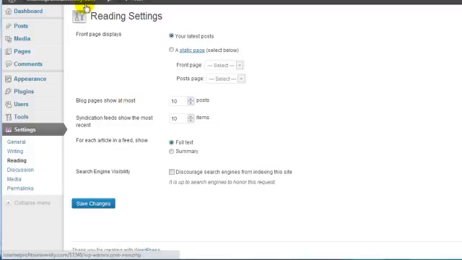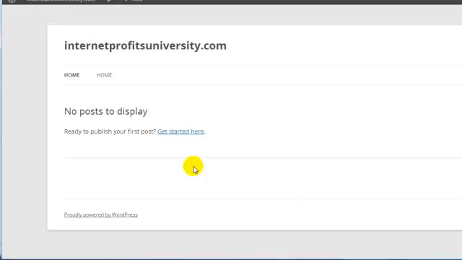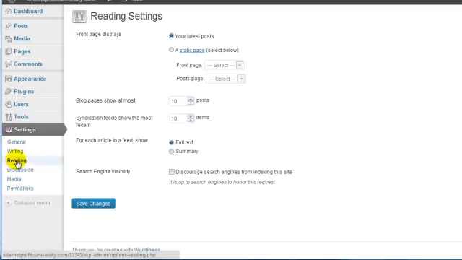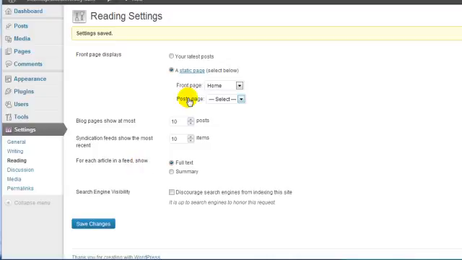And one last thing I want to mention is you can actually turn your WordPress site into an actual website. So if somebody goes to your main site here, initially they are going to see the posts. But if you want your WordPress site to look more like a website, under settings and under reading, you'll notice that it says the front page displays your latest posts or a static page. Now, remember how I left the home page in the pages section? If I click on a static page and select front page to be home, this basically enables me to make it so that